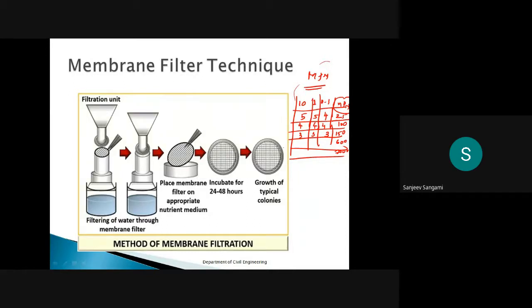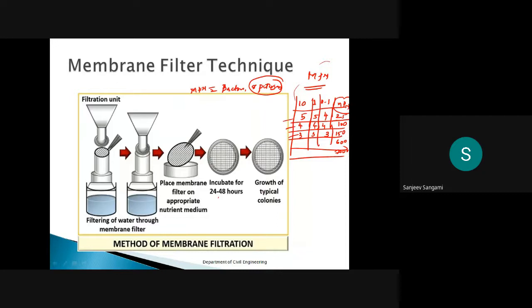Then you have to refer to this MPN table to find out what the MPN value will be. Based on this MPN value, I can say how many bacteria or pathogens are there, and it is almost more accurate than the previous plate count test.